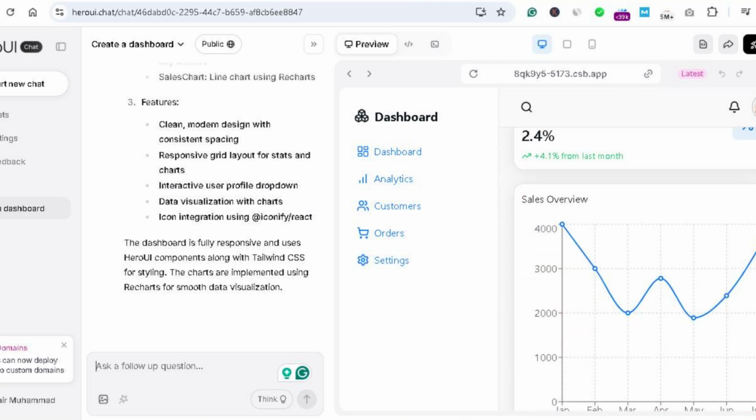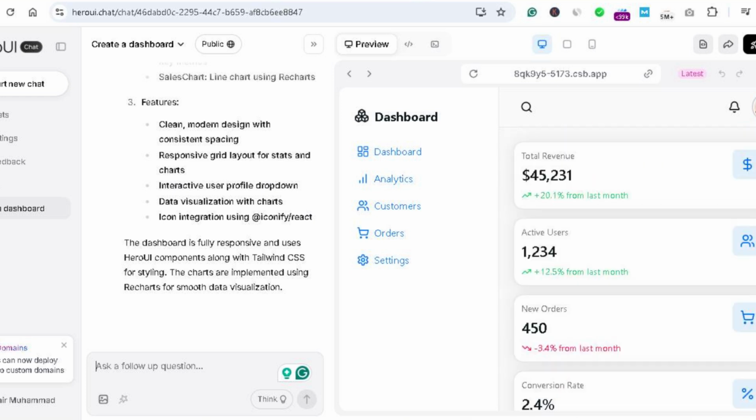If you want to use this tool, you will have the option to show your prompt as public or private. If it's public, it will be visible to all. So this is a public prompt, and if I click this, you will see that the dashboard has been